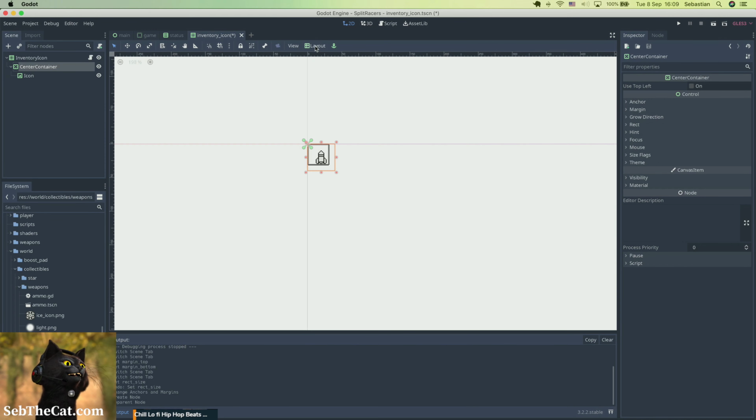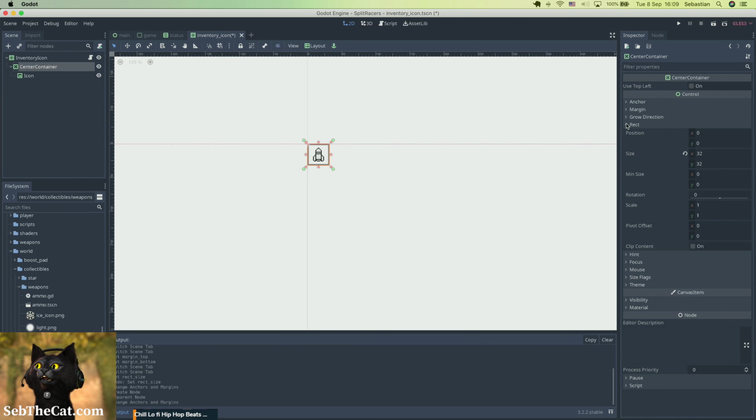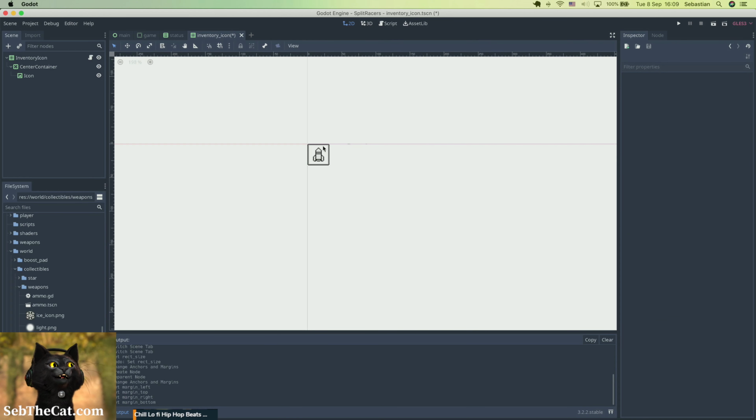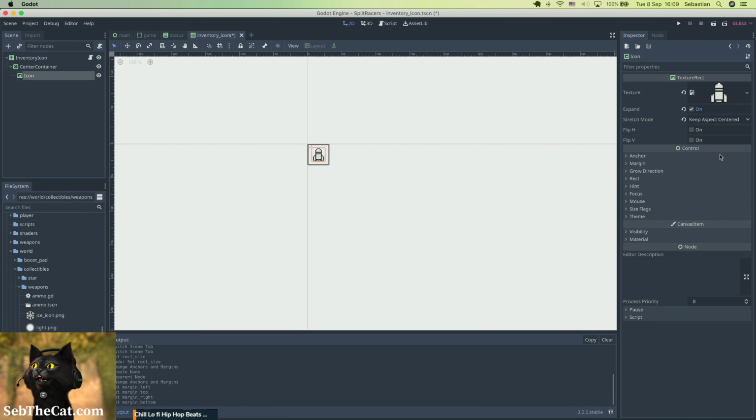So if we put this as a full rect, then that's going to contain this in the center, and then we just put the margins in here. We have 2 pixels all around the side, and then this one